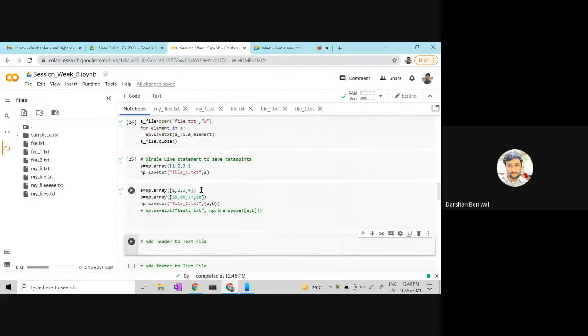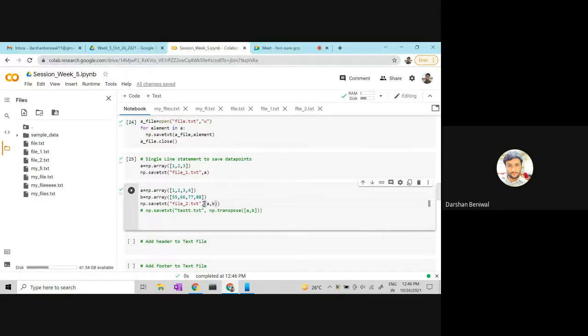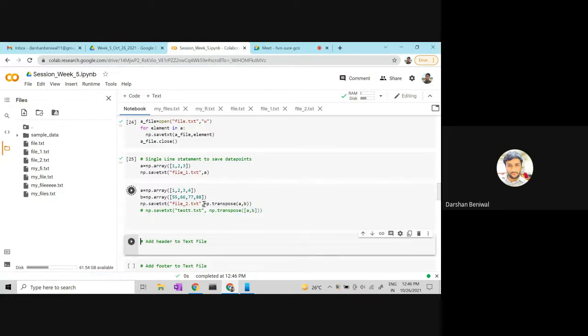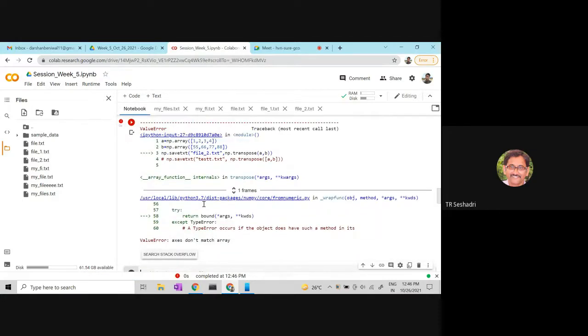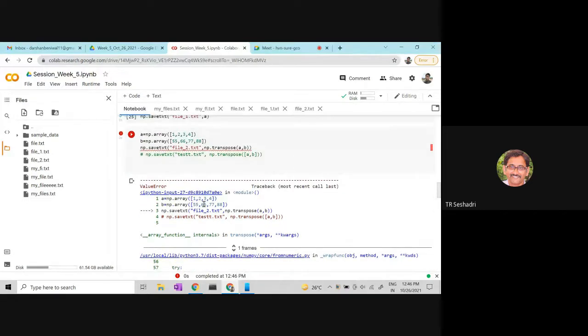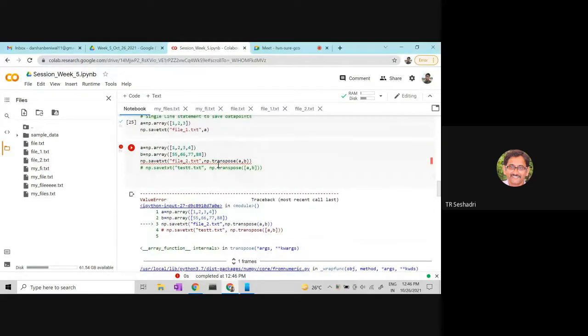So for example, let's say we want to print column wise. For this one, you have to just take a transpose of this one. In MATLAB it is A equal to A prime or something, you know?